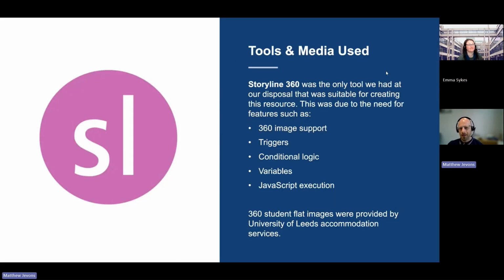Thank you. So yeah, when it came to actually putting the game together, the only tool that we had at our disposal that really fit the bill, one that you might have all heard of before, is Articulate Storyline 360. So the reason that worked is it had 360 image support, allowed us to use triggers, conditional logic, and variables. And one of the most important things was JavaScript execution, which really allowed us to expand the functionality how we